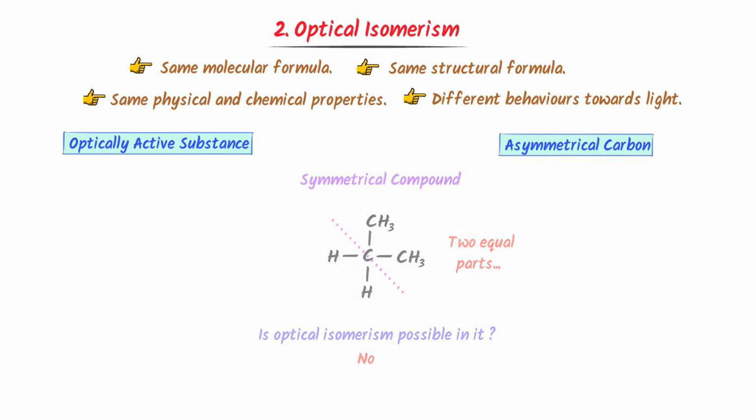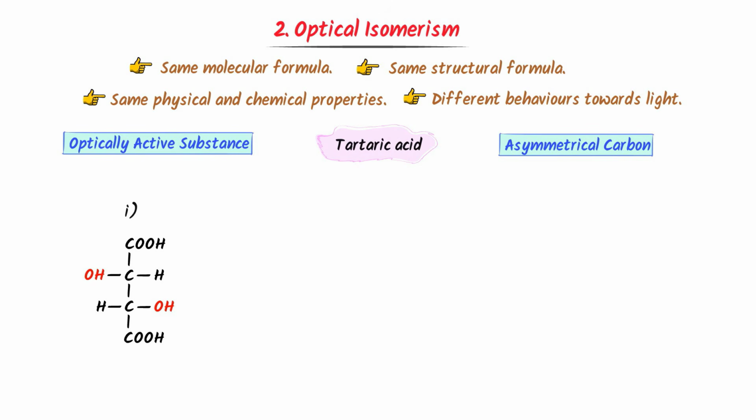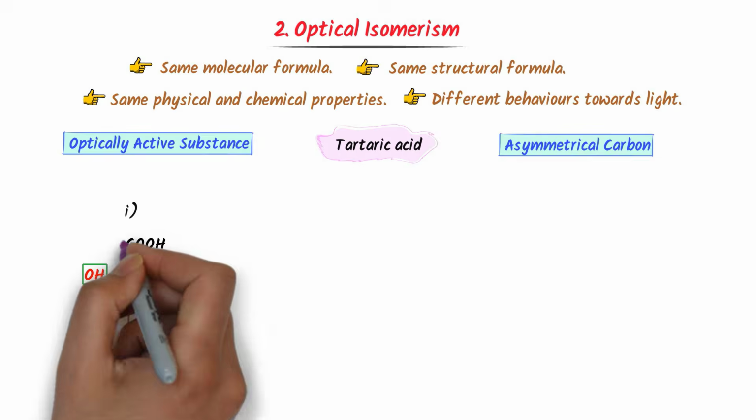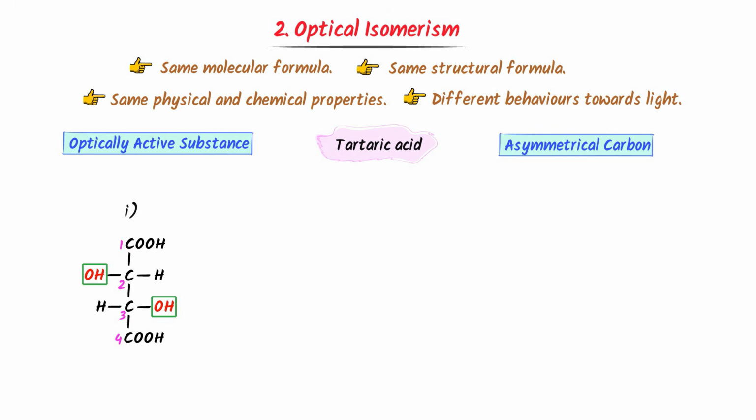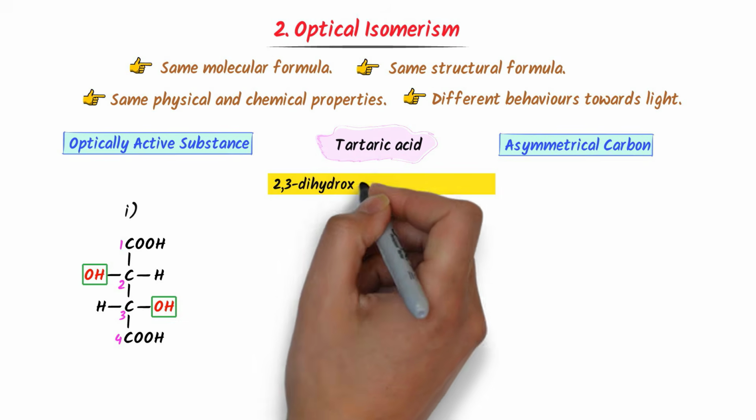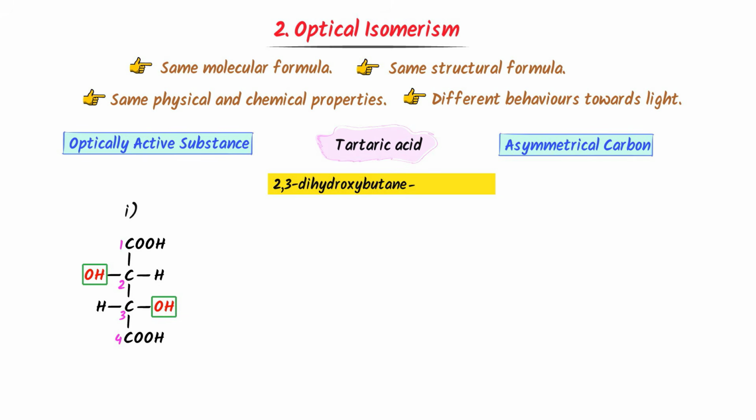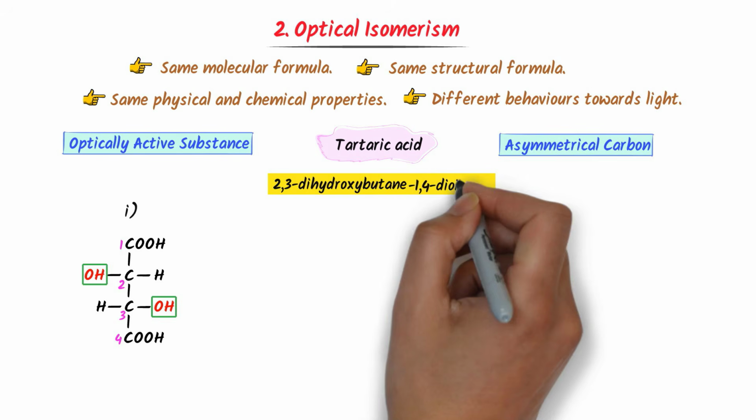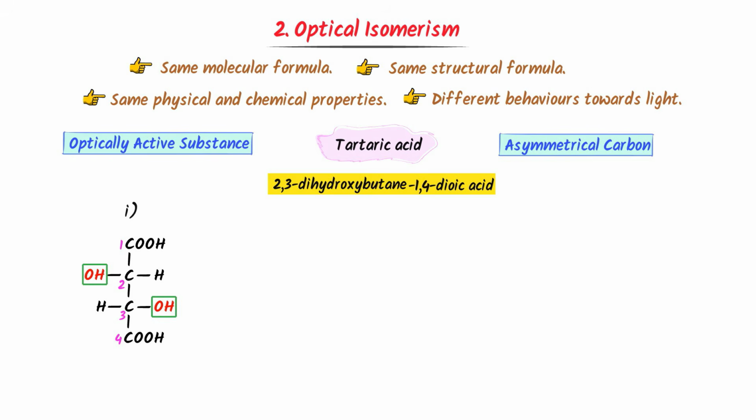Finally, consider optical isomerism in tartaric acid. Well, consider its structure. Remember that the hydroxyl groups, the OH groups, are present on opposite sides. This compound is asymmetric. Hence, optical isomerism is possible in it. I write 1, 2, 3, 4. At second and third position, hydroxyl groups are present. I write 2,3-dihydroxybutane, while at first and fourth position, carboxylic acid groups are present. I write 1,4-dioic acid. So its IUPAC name is